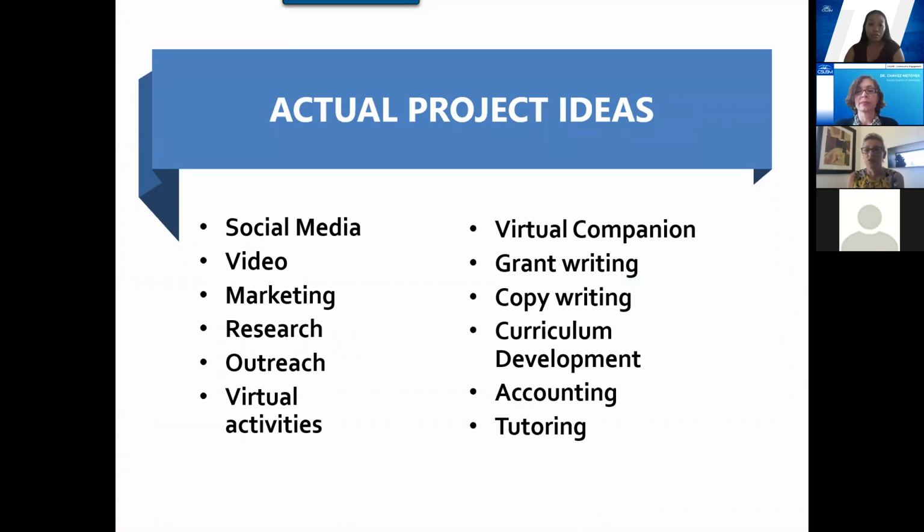So these are some actual project ideas that we've gotten from our database. So many of you on the call here will recognize some of your virtual internship duties and ideas. So these are just some of them.